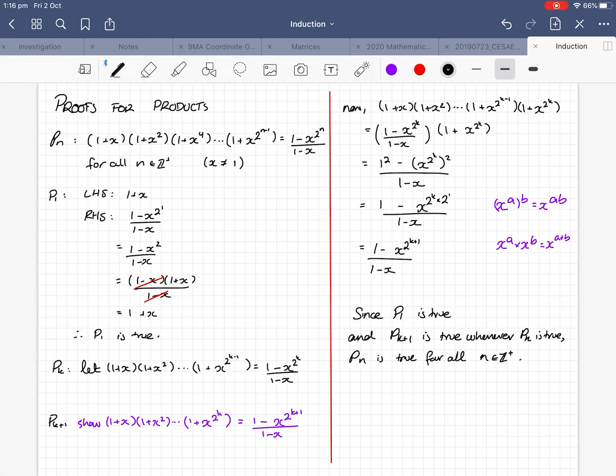So that's the process for products. It's very similar to the process for sums. Just being really mindful, and I think particularly in this example, the index laws were particularly important. Let's get into it. As always, if you do want to clarify anything,